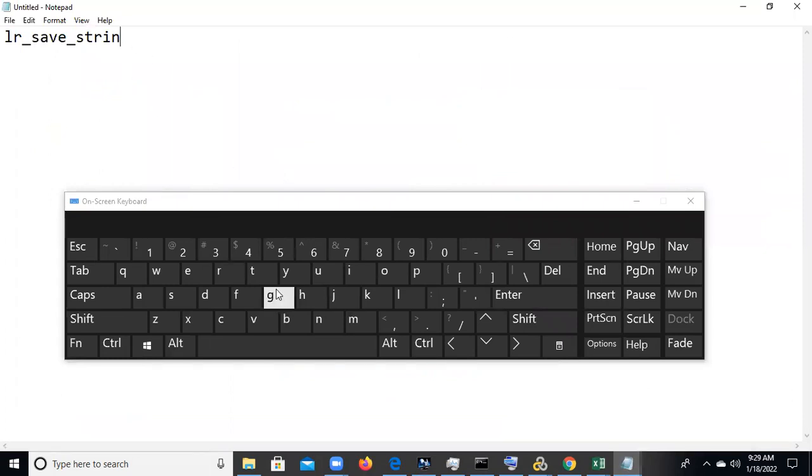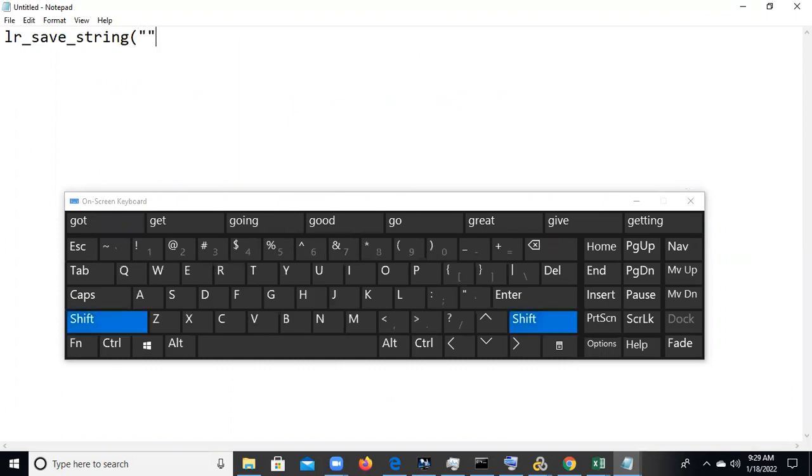Everyone able to see, right? So I'm saving a normal variable to a LoadRunner variable. At that time we can use LR save string.